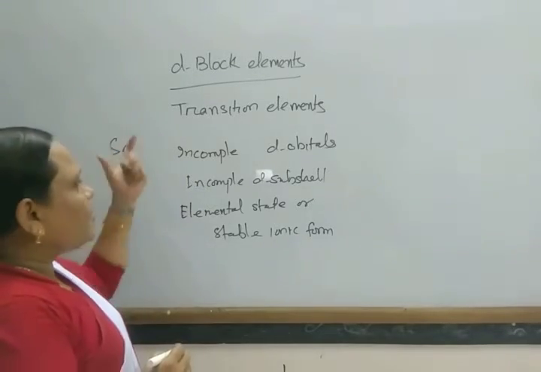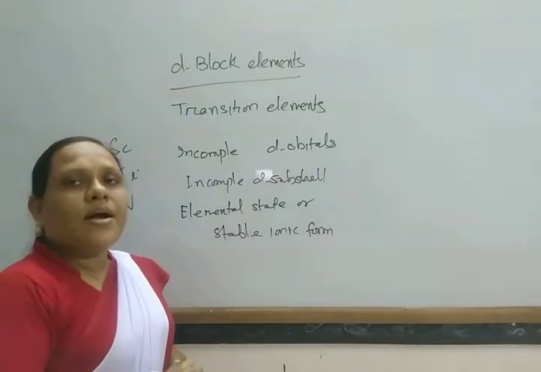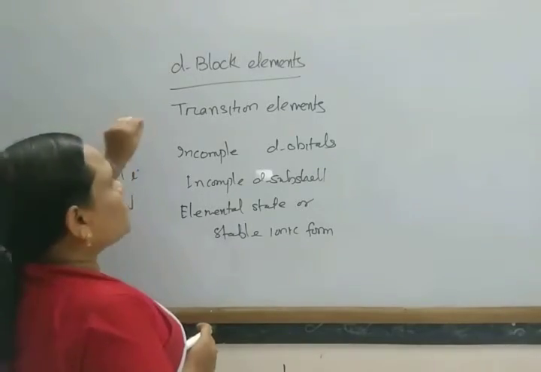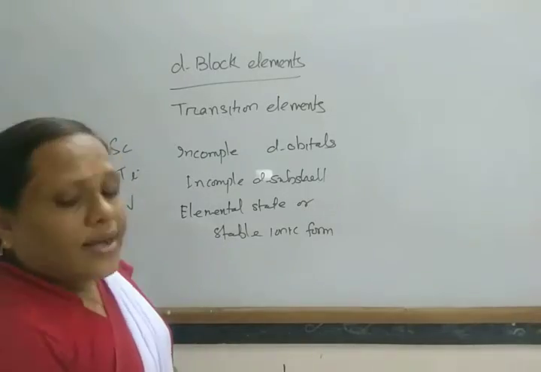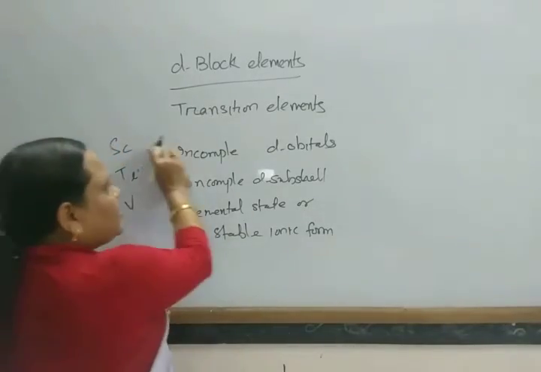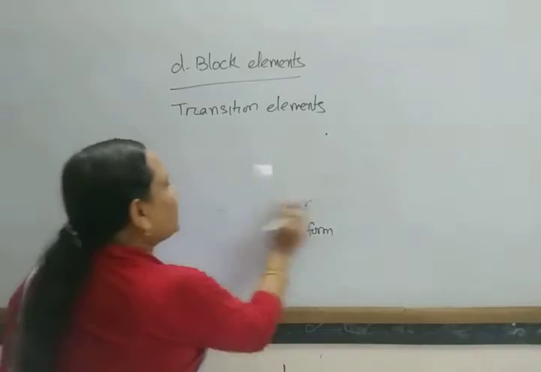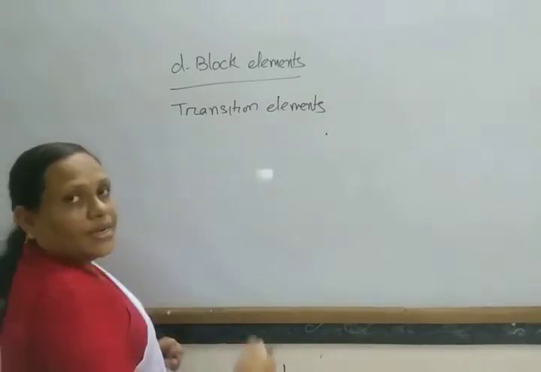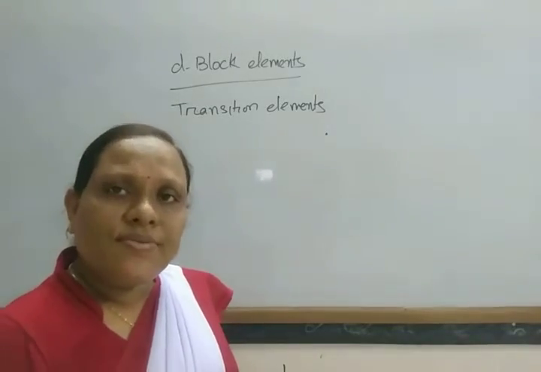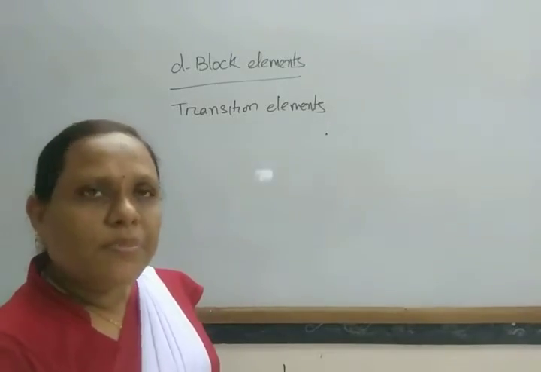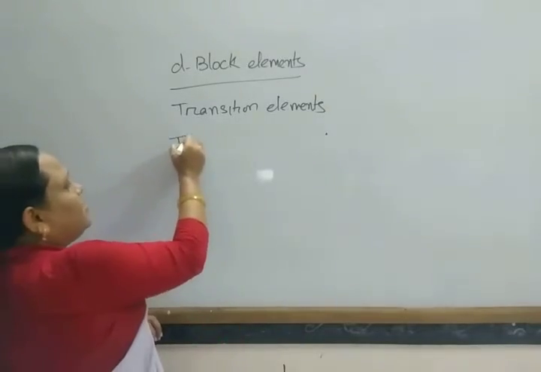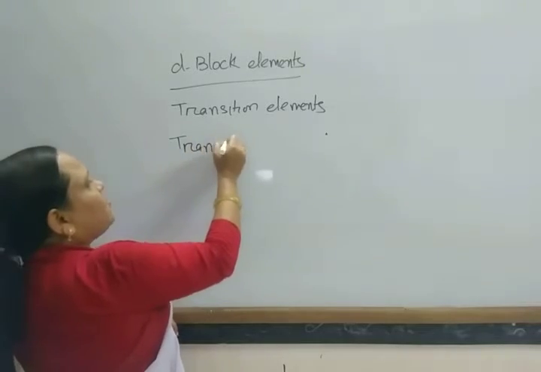In this way these are known as your d block elements, or transition elements. Another thing, these transition elements show transition behavior between the more electropositive s block elements and